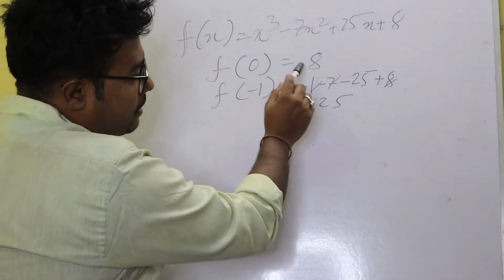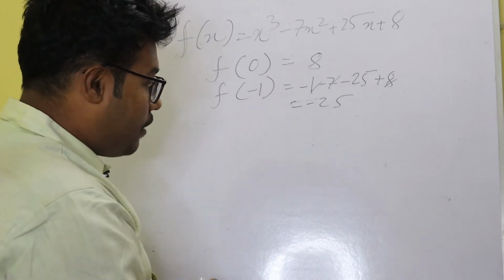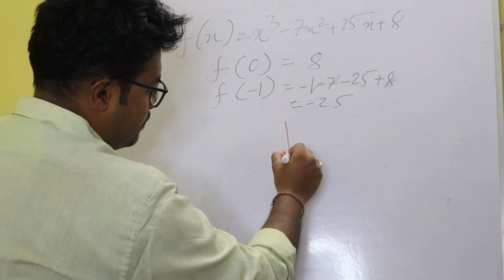So for x equal to 0 we are getting 8, and for x equal to minus 1 we are getting minus 25. So if we draw the curve of this function,